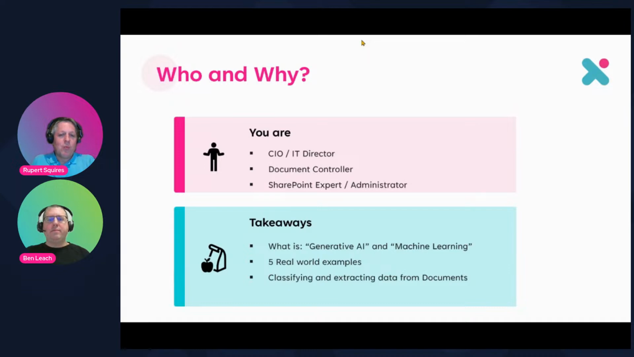Given all that, Ben, what are people going to take away from today? Yeah, absolutely. Thanks, Rupert. So we're going to look at two things. We're going to understand the differences between generative AI and machine learning. We're going to look at some real world examples, some real live demos. And then we're going to look at, in particular, how we can use machine learning to classify and extract data